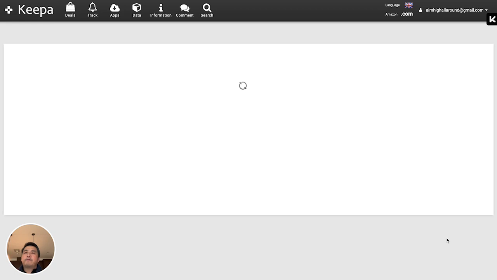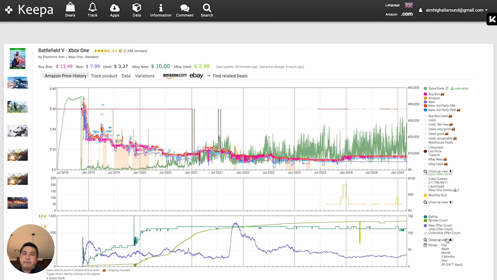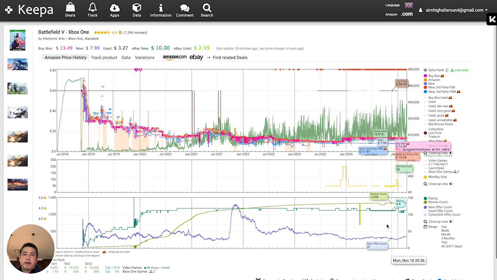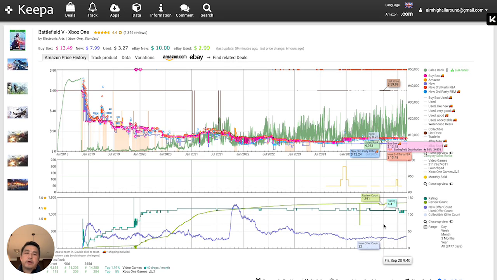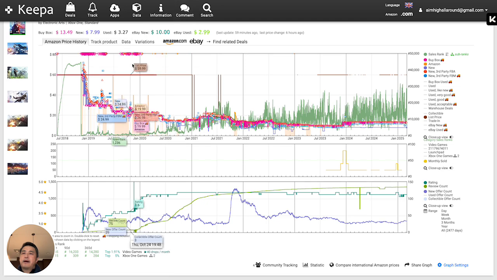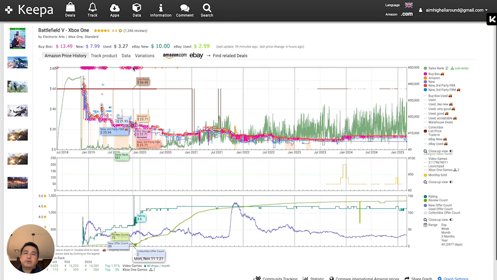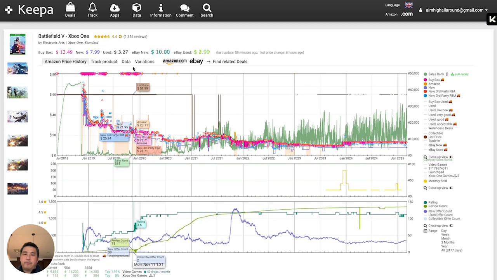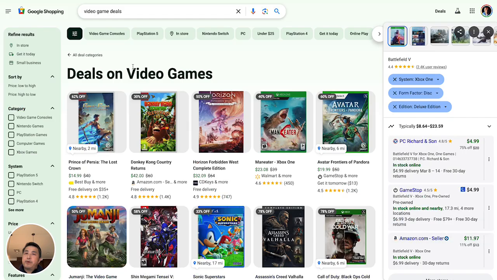That will open up a new tab showing you the full version of the Keepa. Now you can see the offer count information and a host of other data, the full version of it. So you know the drill how to find out additional information. So that's the beauty of